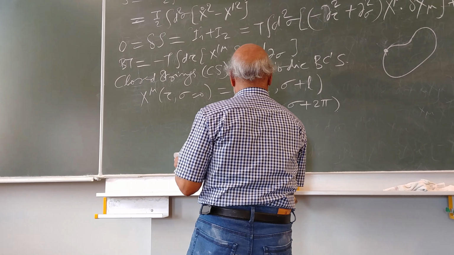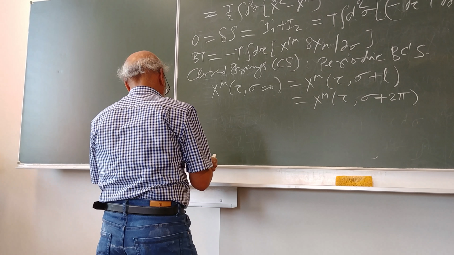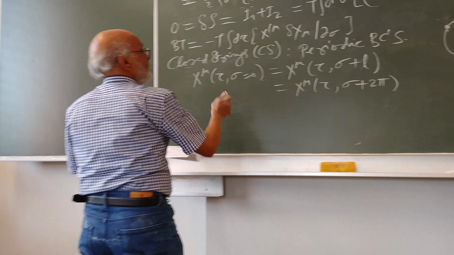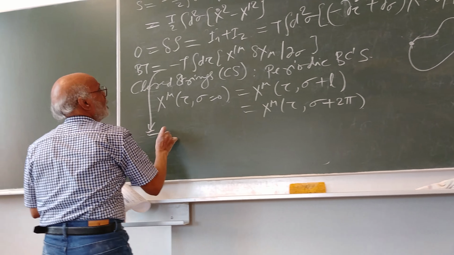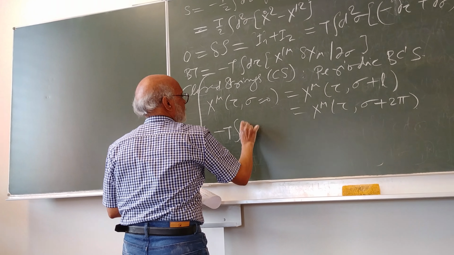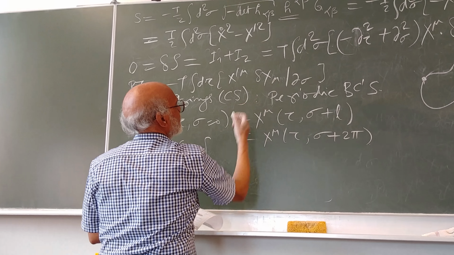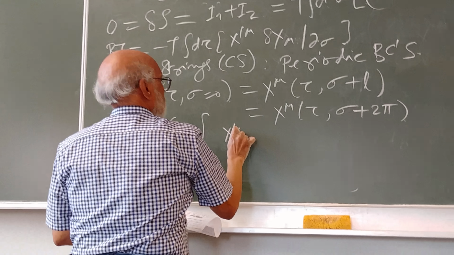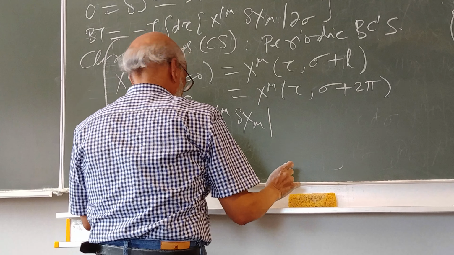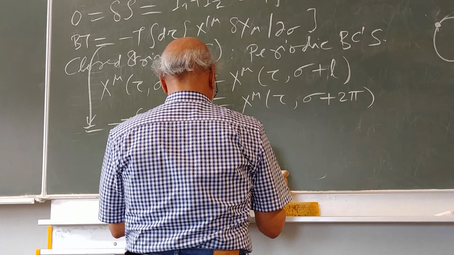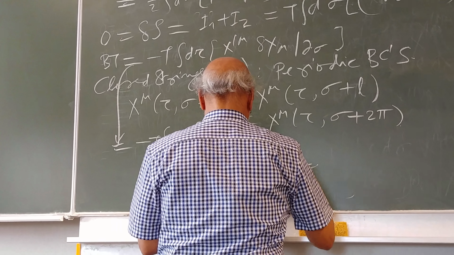So this is minus T d tau, and this is the one which is already being evaluated: x prime mu delta x mu at sigma equal to, at